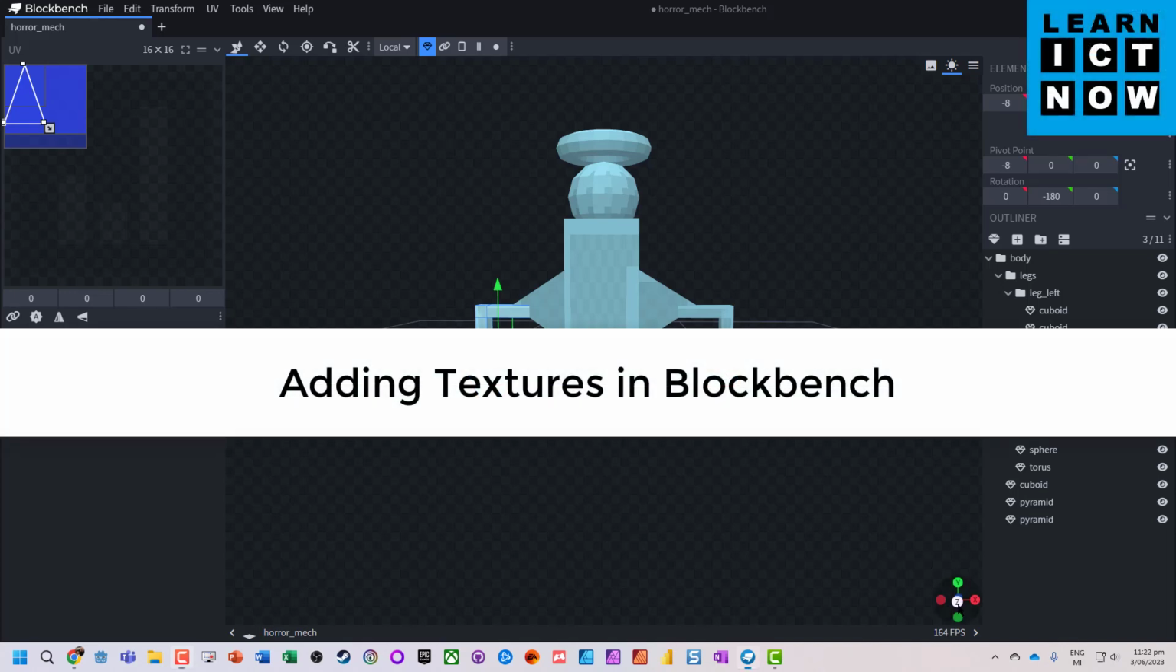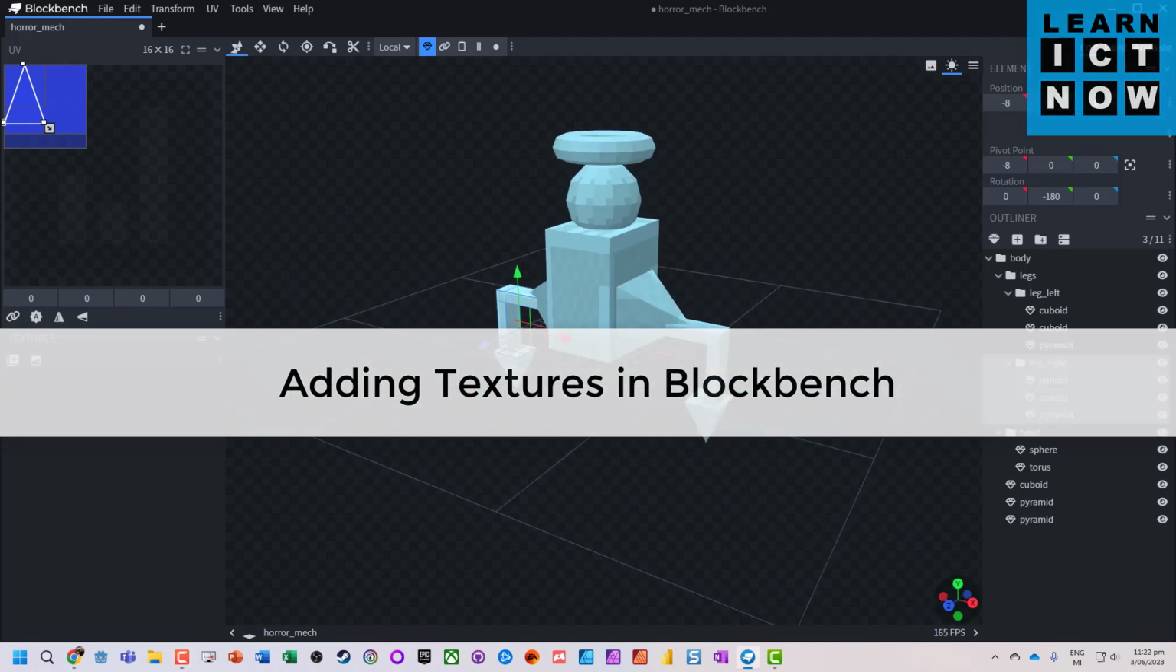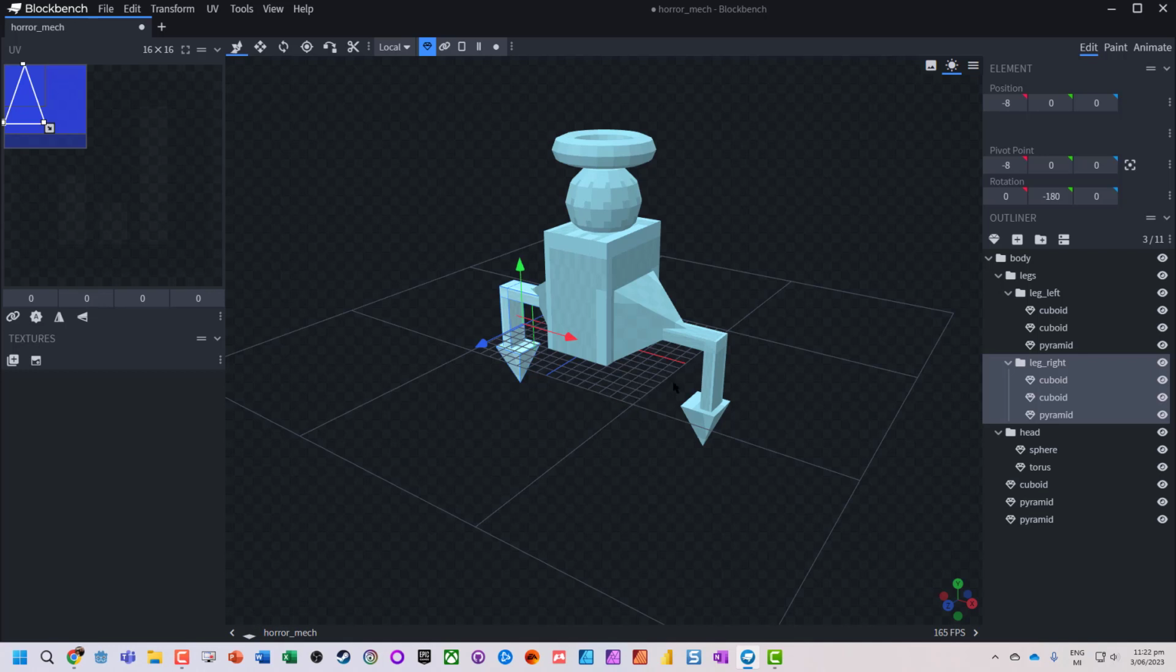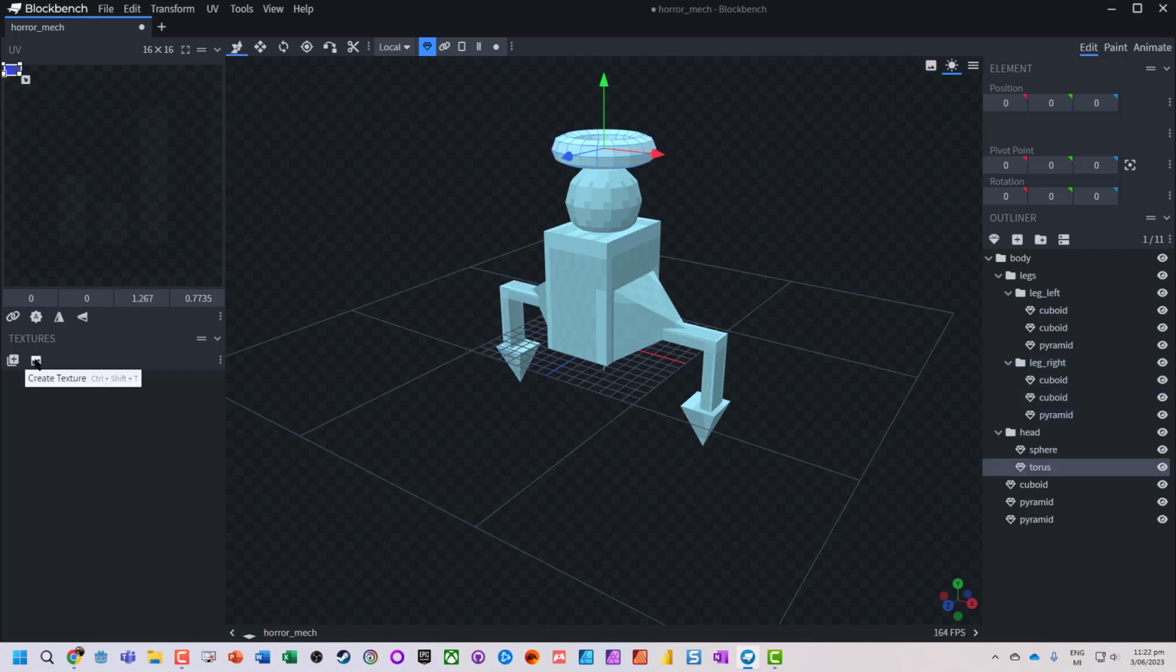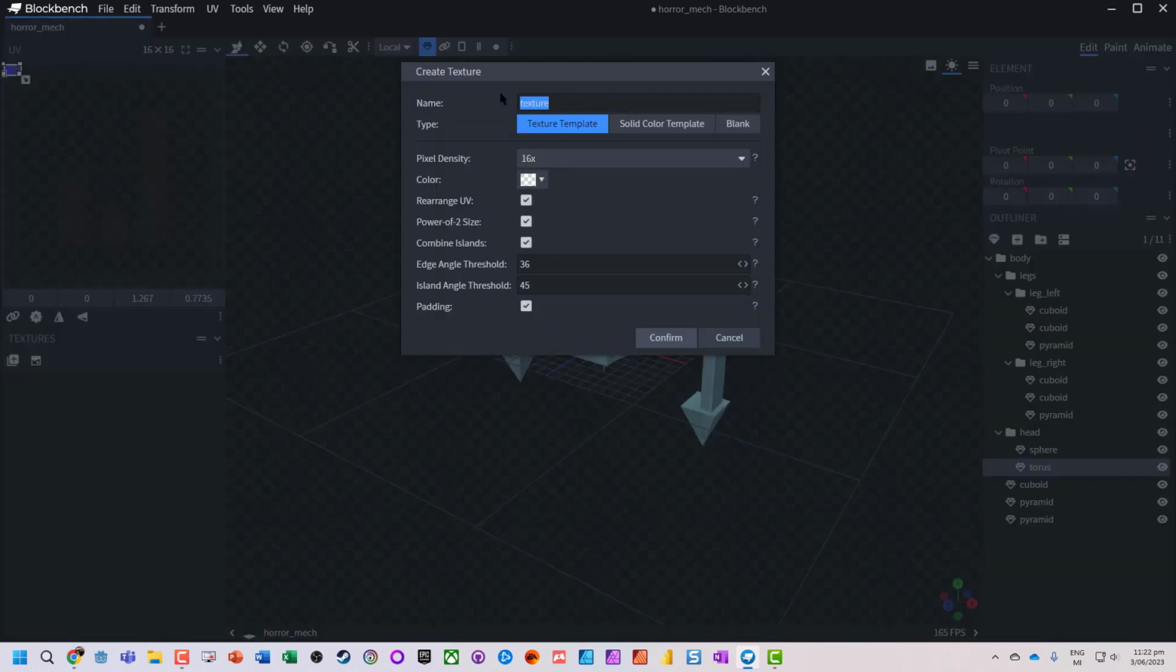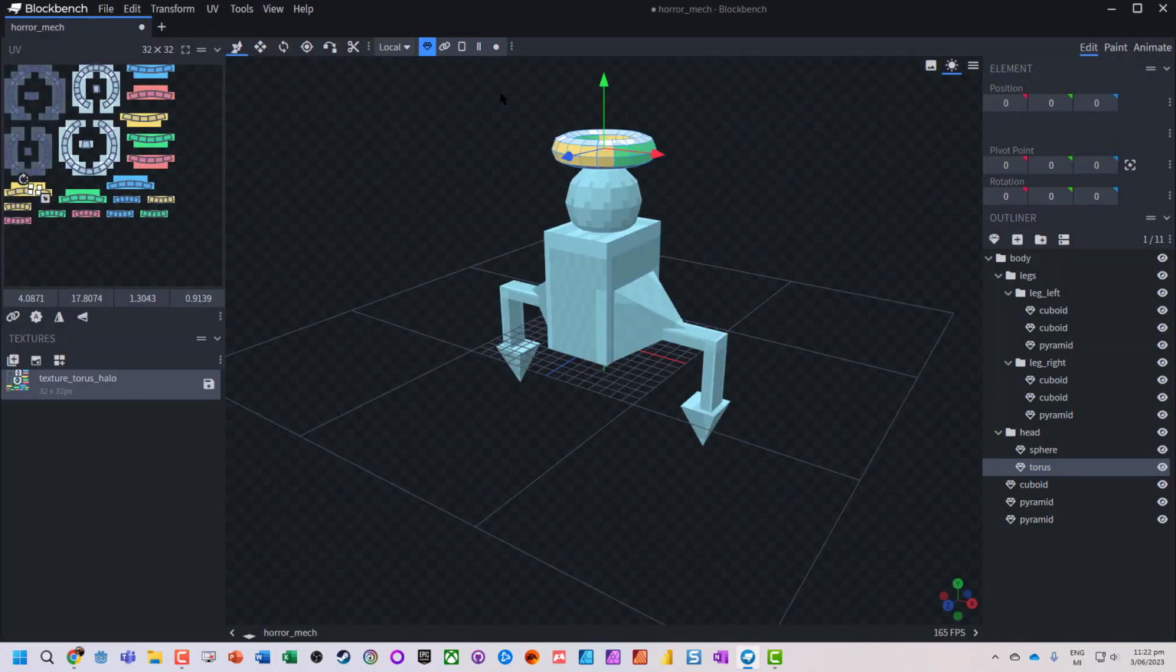Okay, so in this video we're going to add textures to our model that we've created in the previous guide. So what we need to do is with our model basically add textures or UV maps. So what we can do is click on each object that's in there and click create texture, and I could call this texture, it's a halo, and it's gone and created a UV map with all the different components that we can then